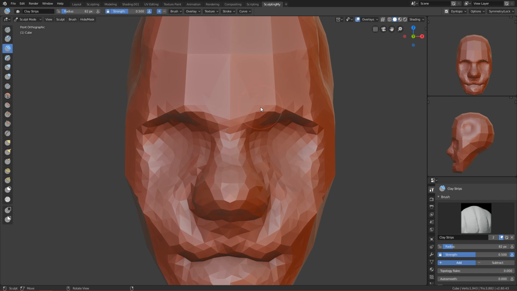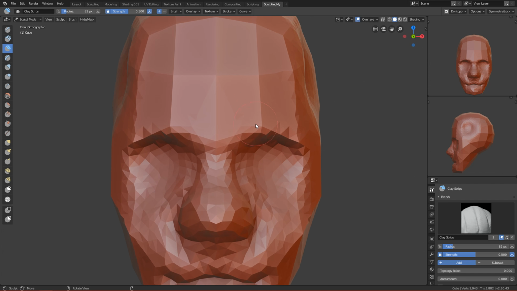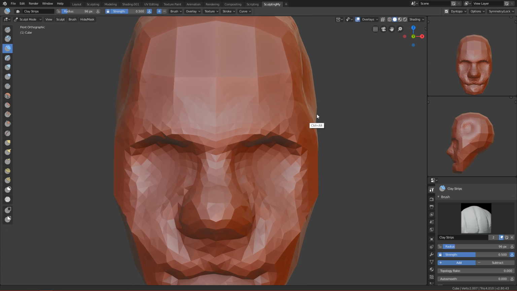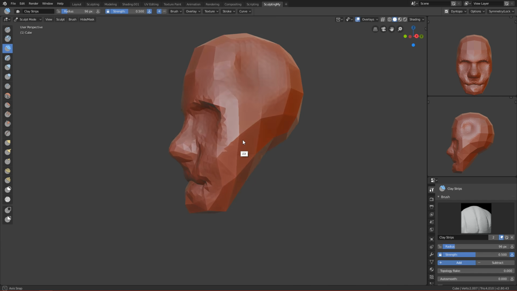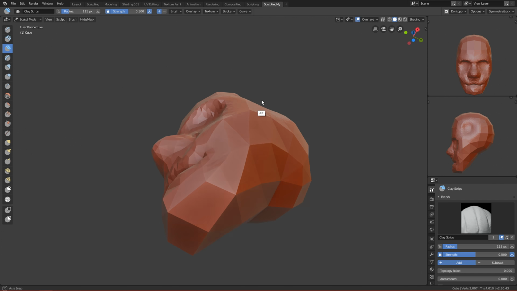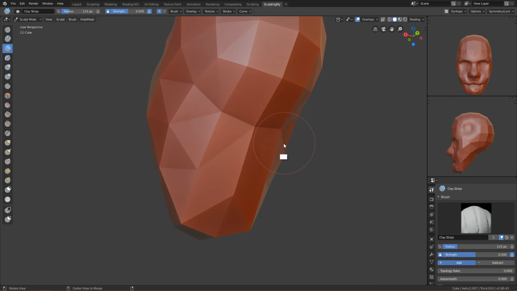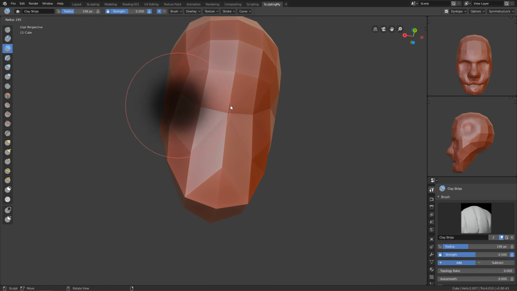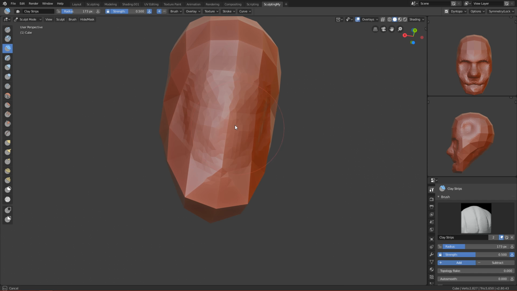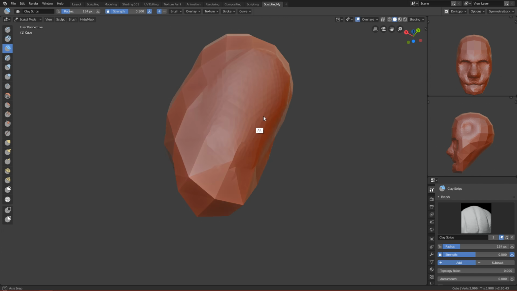Let's add the eyebrow muscles. So let's paint it a few times here. So we have the eyebrows, and let's move it out. We can add also the ear and the neck. So first, let's paint it here so we add more detail. And now we can use the